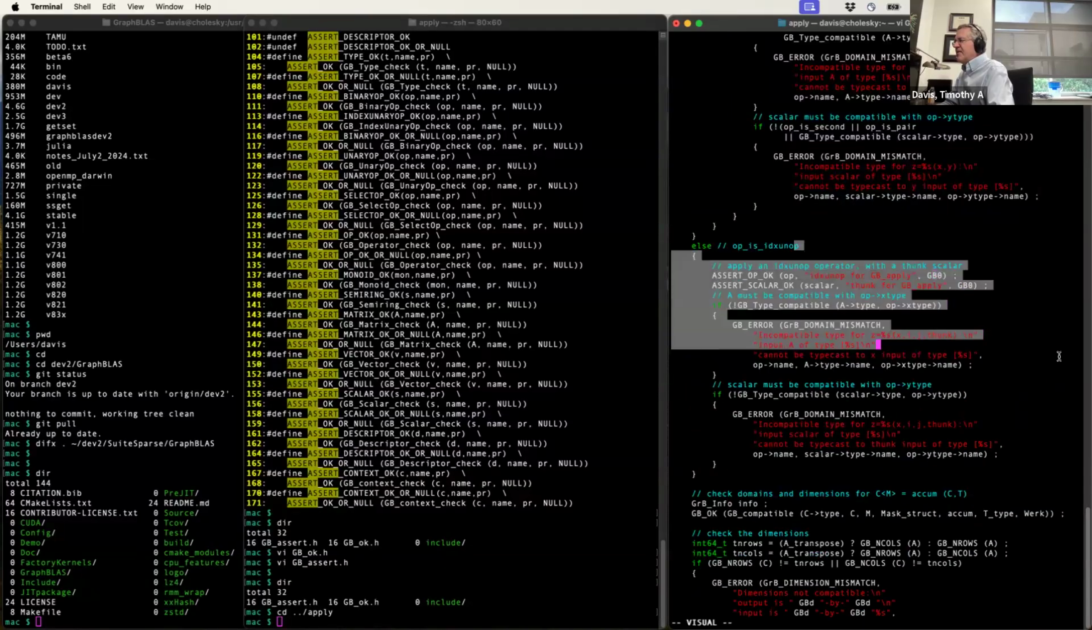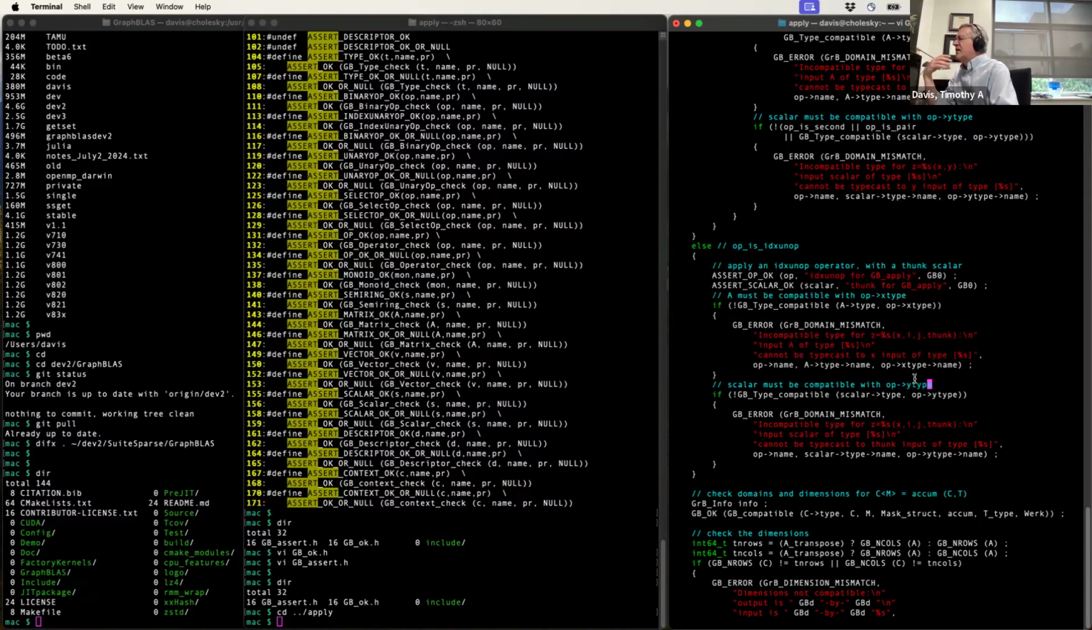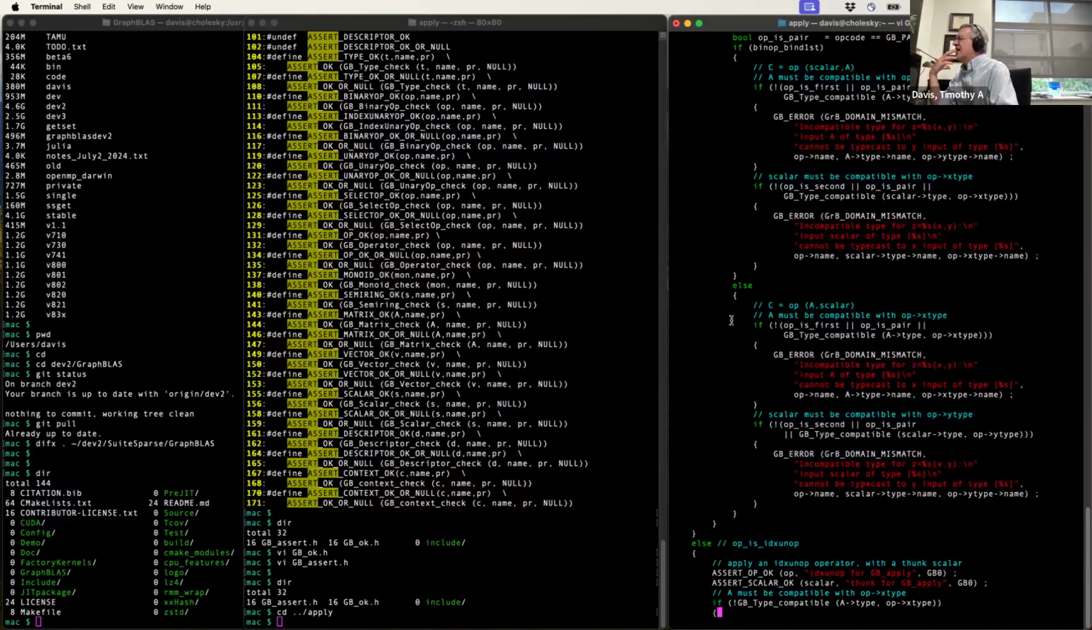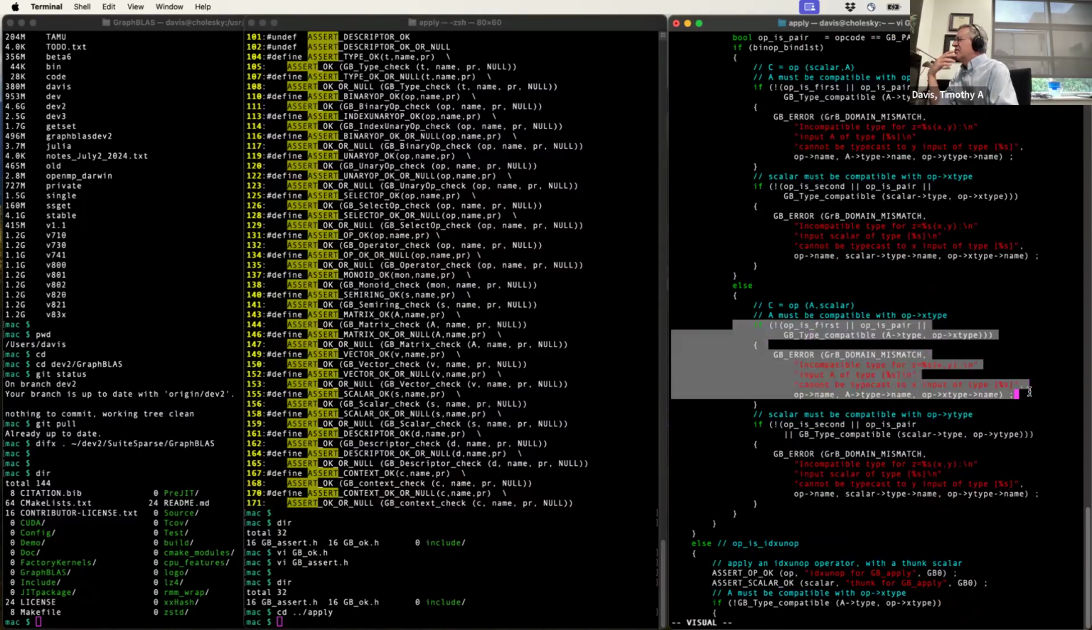Index unary op, same thing. I'm going to make sure, hey, there's a thunk. I should call it theta maybe. There's a scalar passed in. Is it compatible with the operator? Is the matrix compatible? I'd have to check that as well. Where do I check that? Yeah, I check that here. Like you're trying to pass in here, for instance,